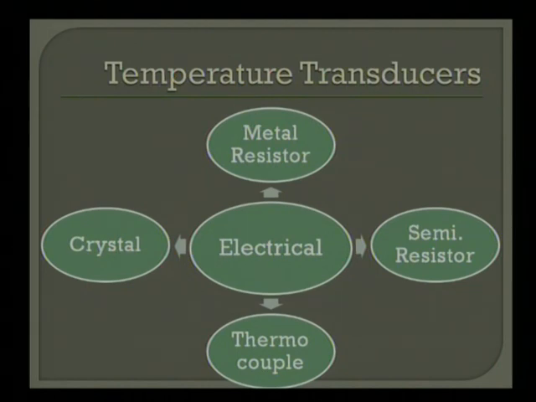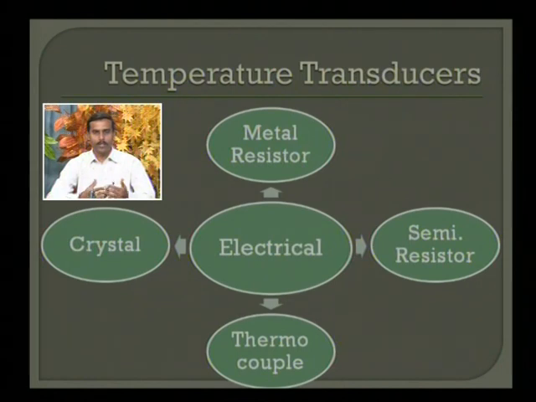The third category is thermocouple. Here we are utilizing the phenomenon of two different metals joined or diffused together. When two metals diffuse together, they make a junction, and on this junction there exists a potential difference, or difference of carrier concentration across the junction, at different temperatures. At some temperature or at some other temperature, the concentrations are different, and if there is a difference of concentration, obviously there is a difference of potential.